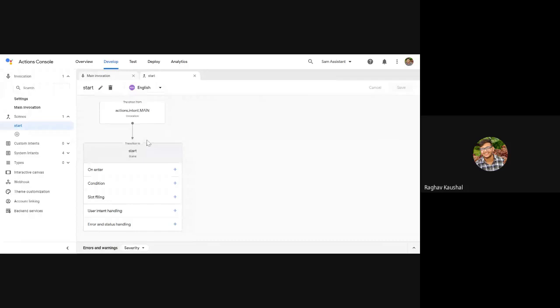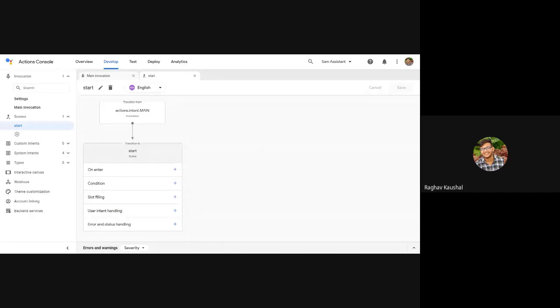So in the start scene, you will see 5 options here. The last one is error and status handling, that we do after the testing is done. The above 4 options are to ask the user what they want to do. On enter, as the name says, means whenever you enter the scene, do this thing.